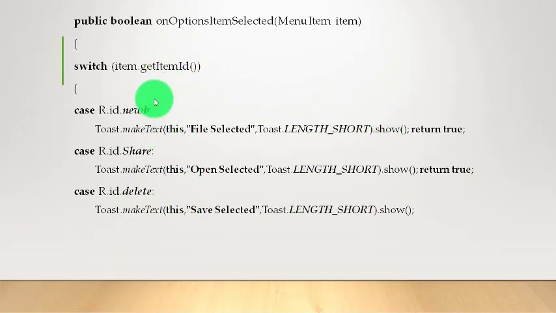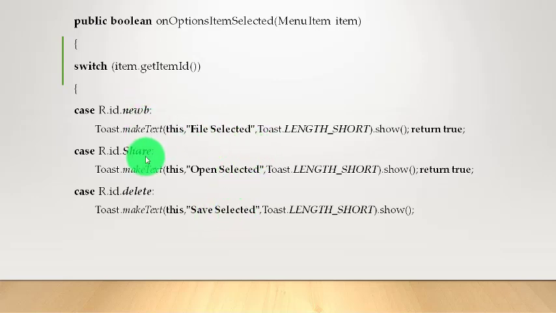Same, we are writing the same switch case, and in this we are writing a toast message. If the new option is selected, then we are writing Toast.makeText, file selected. This is the ID for file. Then share option selected. Then delete, save selected.